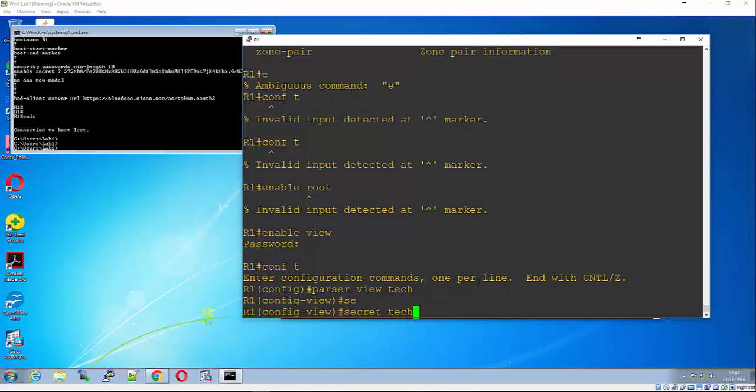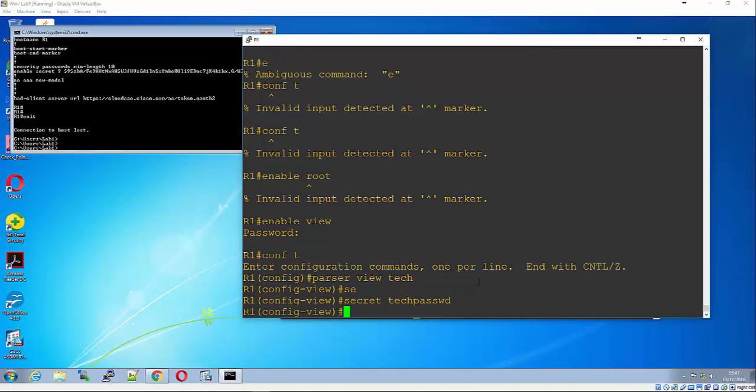Secret is techpasswd, and we're going to do commands exec include